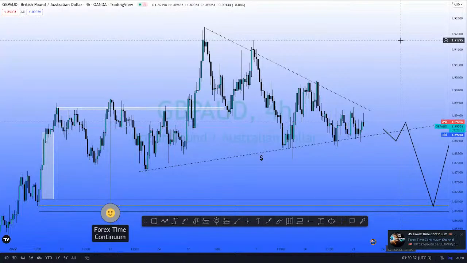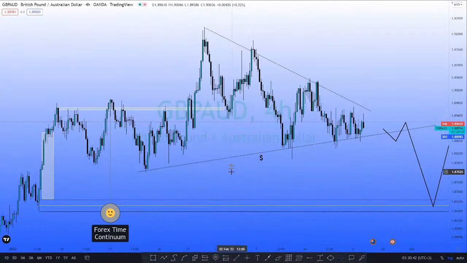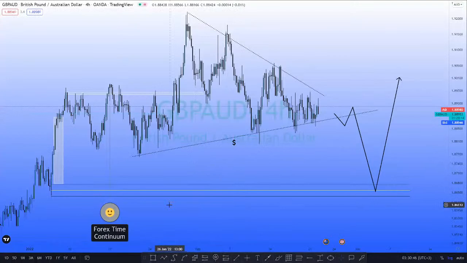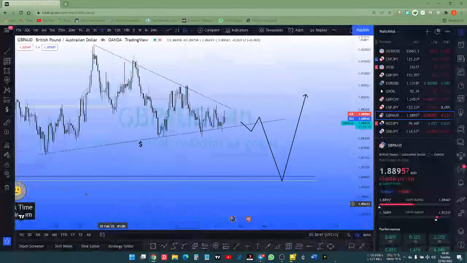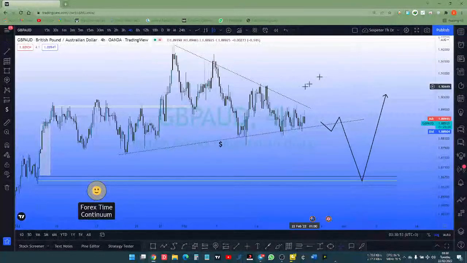So this is GBP AUD, on a 4-hour time frame. This was a very simple setup to come up with, because it doesn't have that much. Let me just label a little bit. I can assume everyone knows, but